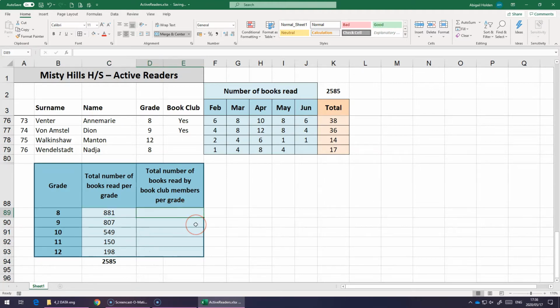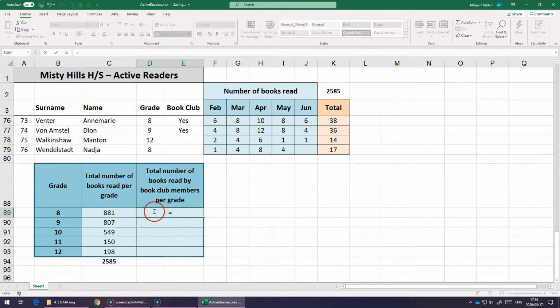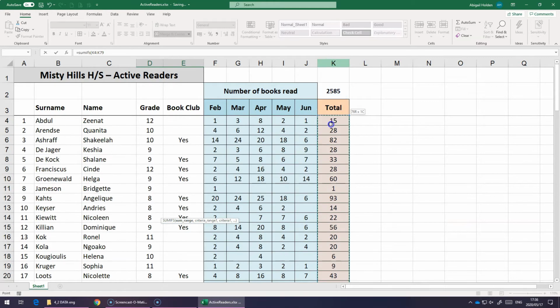Now we want to do a step further and work out the total number of books read by members of the book club in each grade. And we can see we've got a column here that says yes if they're a member of the book club and nothing if they're not. So we're going to have equals SumIfs, open brackets, and the first thing now, it's a bit different. The sum range comes first and then all the criteria come after that. So we still want to add up the total number of books, so we're going to select that there,